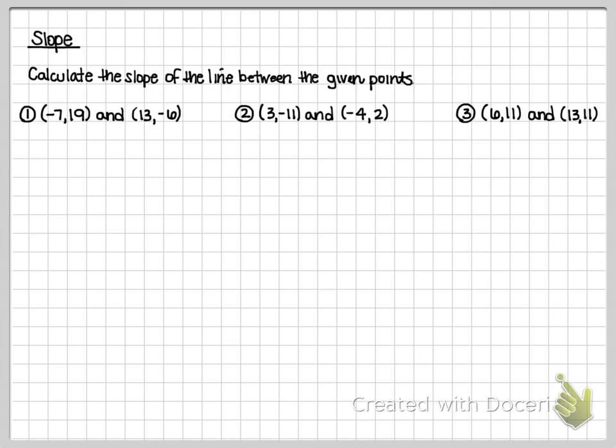When calculating slope, the first thing that I like to do is identify my x's and my y's, normally just based off of the order that I encounter them in the problem. So since this is my first ordered pair, those get the 1's, and this is the second ordered pair, those get the 2's. When calculating slope, I always think of rise over run, which is the change in y over